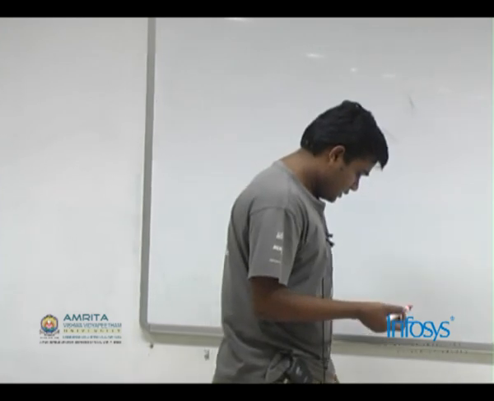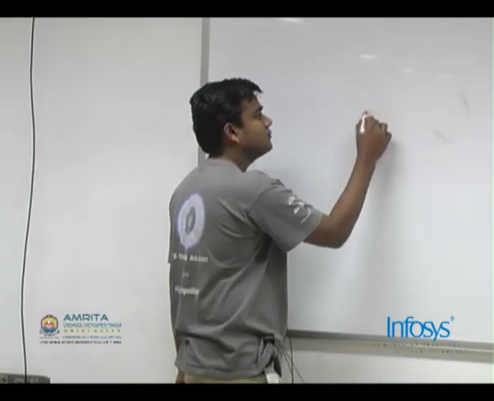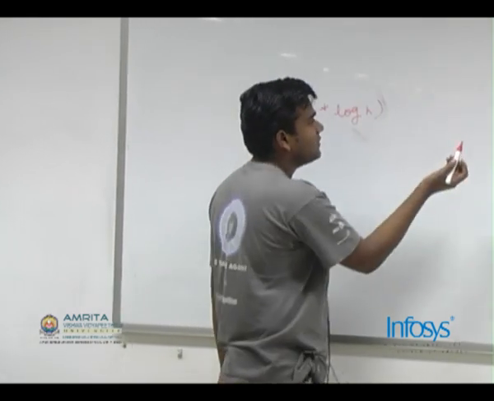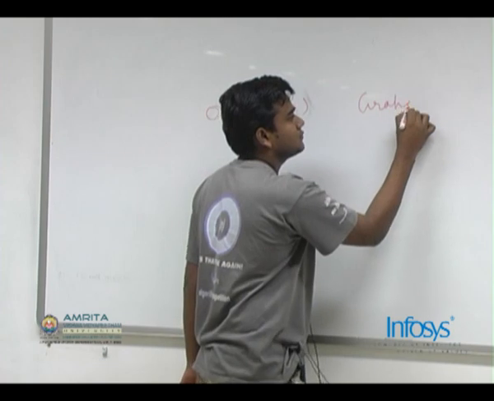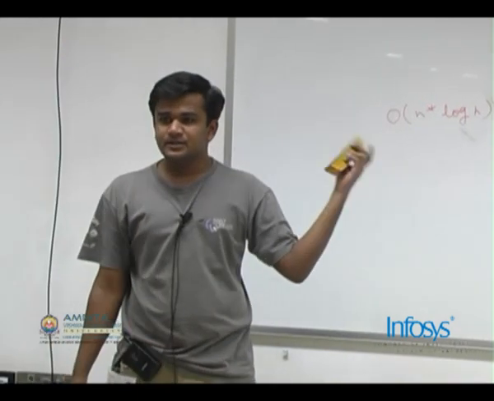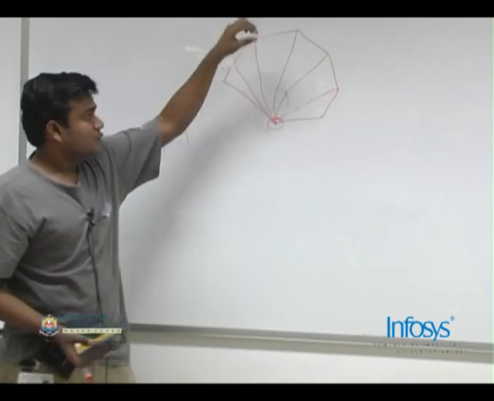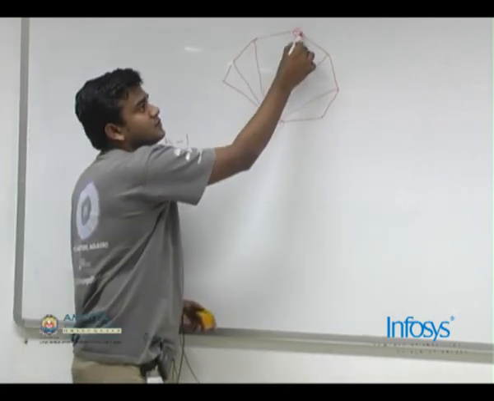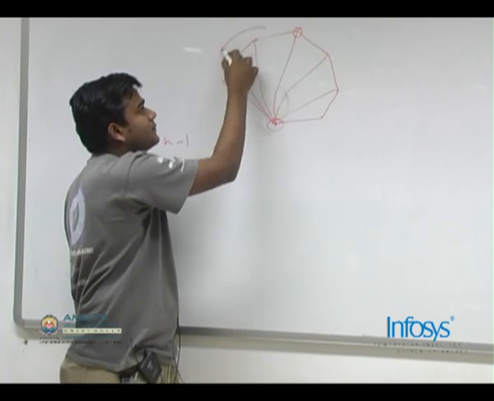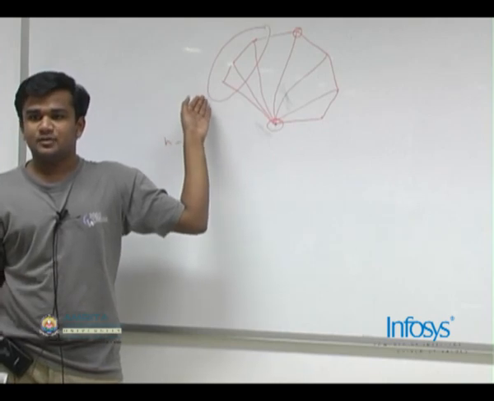So there is an algorithm to calculate convex shell of a set of points in order of n into log n. It is called Graham Scan algorithm. In your free time you can look up this algorithm on Wikipedia. I will anyway explain how this algorithm works. Go from a smaller slope to a bigger slope, right? So if I am considering a particular point and I want to find the next point on the convex shell, it will definitely be amongst the points which are still left with higher slope, right?